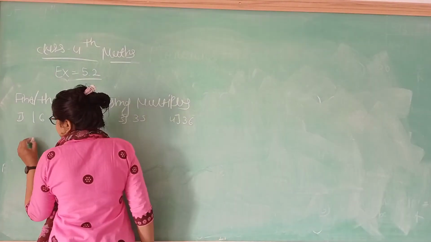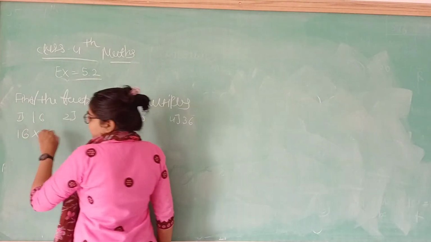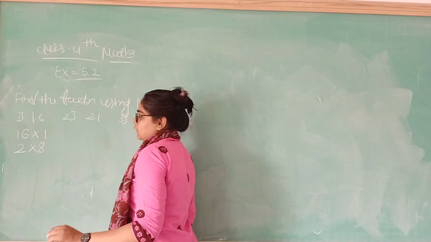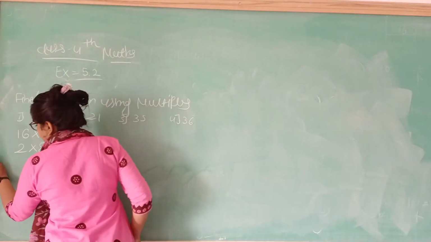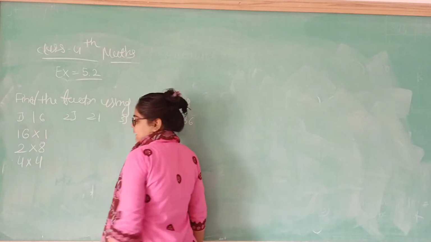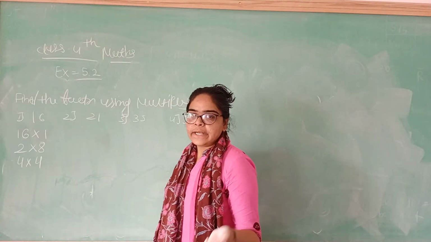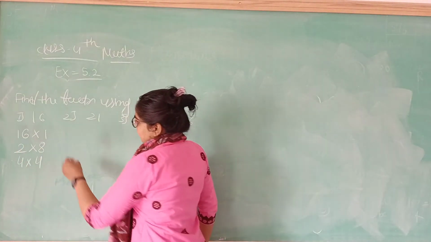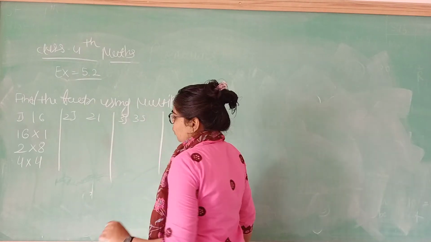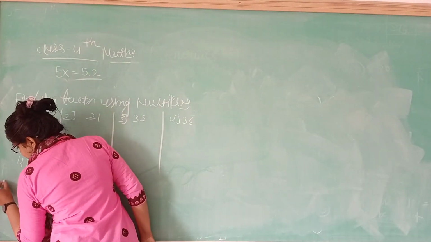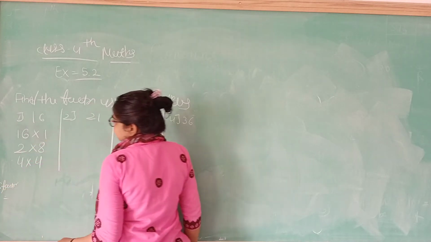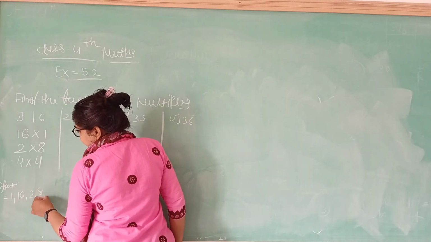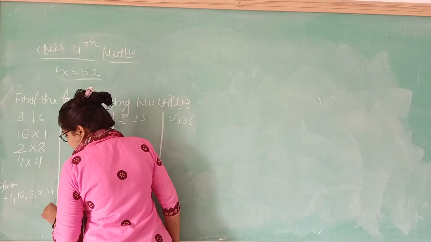So what do you do? In the 16 table, 16 ones are 16. Okay, then 2 8s are 16, and 8 2s are 16, write down. The second time, do not repeat this one. Then, does any other table end with 16? No. So write down the factors of 16. The factors of 16 are 1, 16, 2, 8 and 4. Okay, one number is not repeated again.